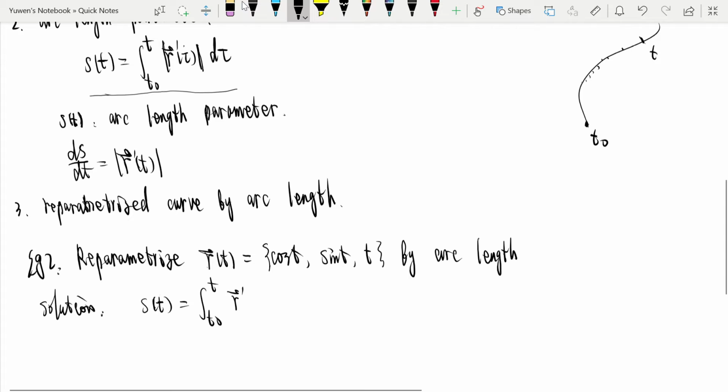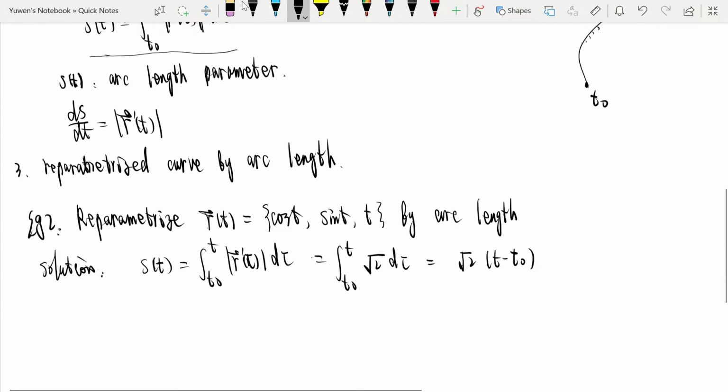As the length of r, the derivative of r(tau), is the integral from t naught to t of square root 2 d tau. So that is square root 2 times (t minus t naught). The t naught is constant, and hence